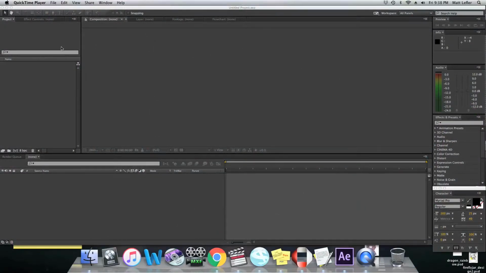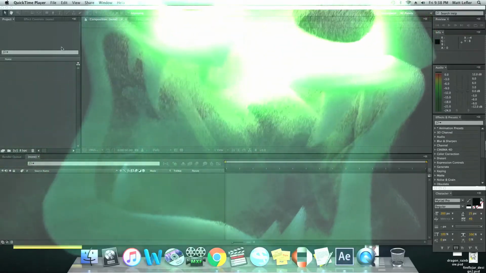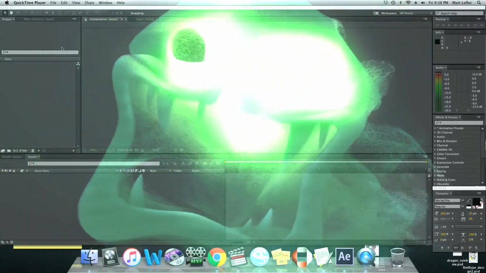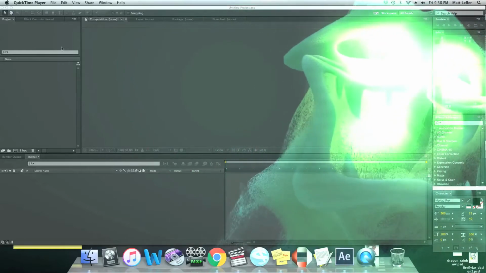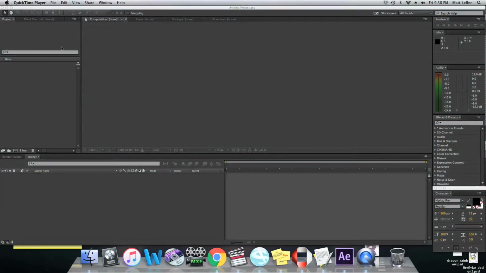Now, when I say vector, this is the bane of my existence. Not everybody knows what a vector logo is. If you have had a real designer design your logo and he ended up giving you an EPS, a PDF, an AI, that means you probably have a vector image of your logo. If you have a JPEG or a PNG, it is not a vector, and that is not going to work